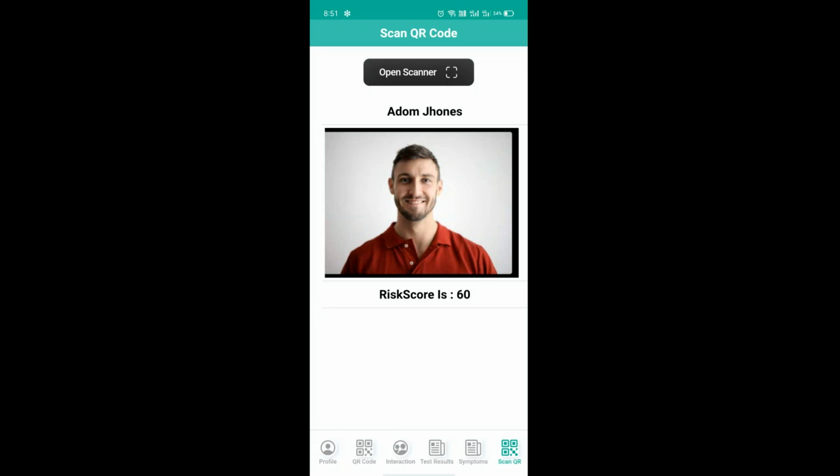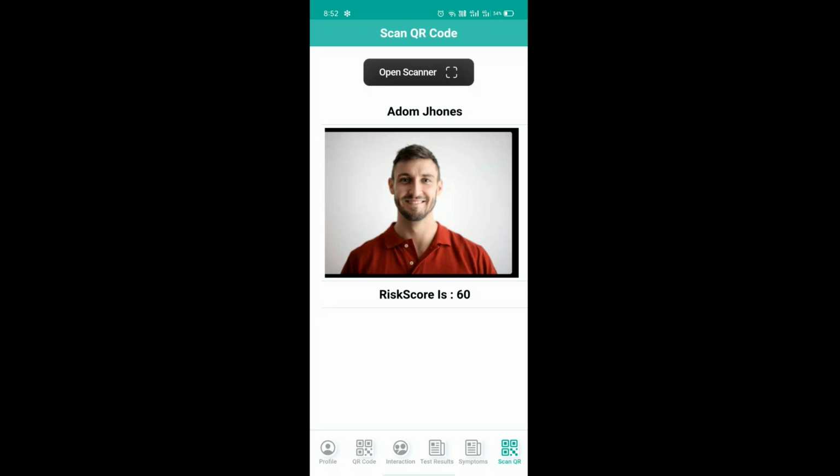And she's going into so many different people's homes on a regular basis. So I'm not really sure if she's going to infect my family or not. She's in my house during a pandemic time, and I have no way of knowing her risk score. So if she has an app like this on her phone, I can very quickly scan her QR code and see her risk score right away, and her identity, her picture, her name. So I know this is the person whose risk score I'm looking at, and I'll see their name as well. So that's the whole idea. We're trying to keep it as simple as possible.